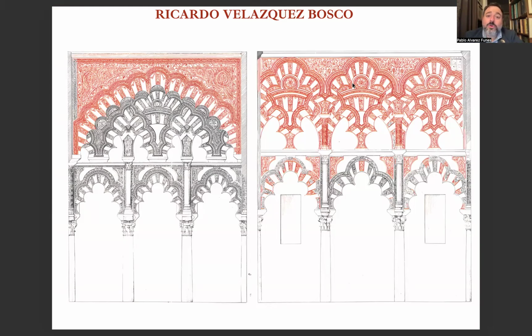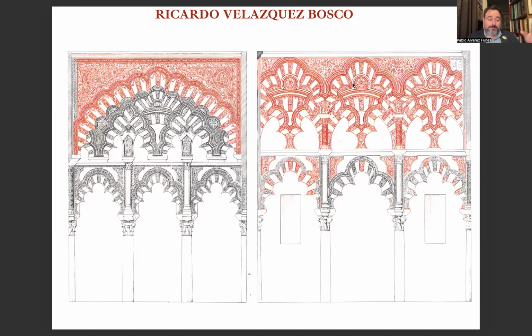This is an architect called Ricardo Velázquez Bosco, who did the first restoration of the mosque. What you see in black is the existing, what you see in red is what he did. So why is Ricardo Velázquez Bosco so important? Because he took the mosque as a very weathered monument and restored it to its former glory, extracting the principles. Velázquez Bosco did with the Mosque of Cordoba the same thing that Viollet-le-Duc did with Notre Dame, probably